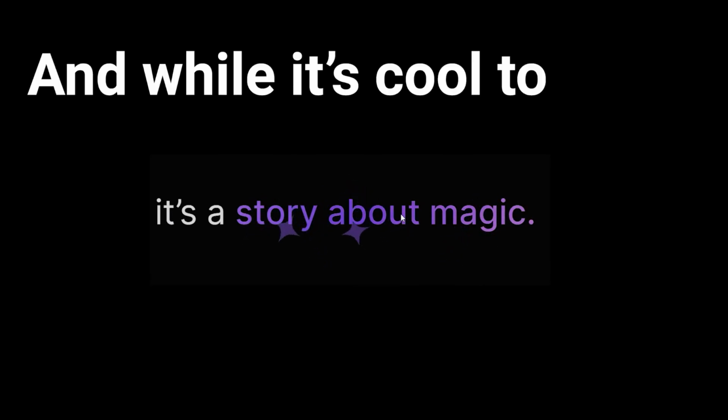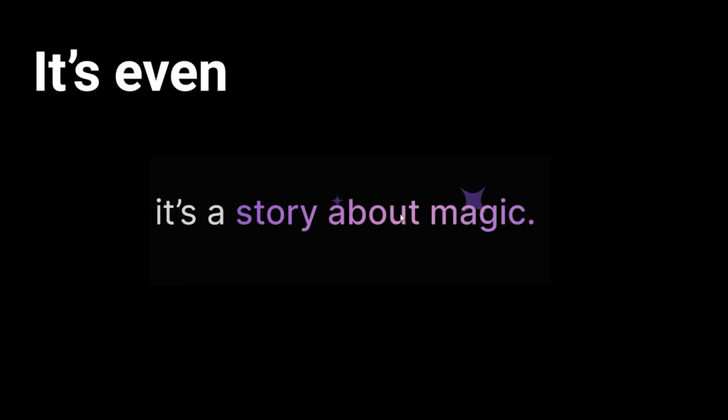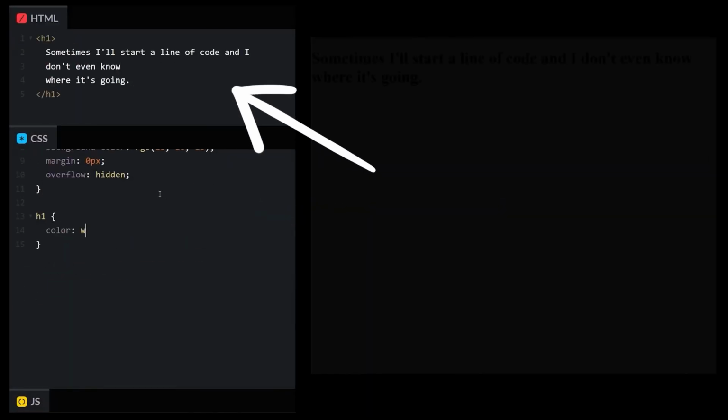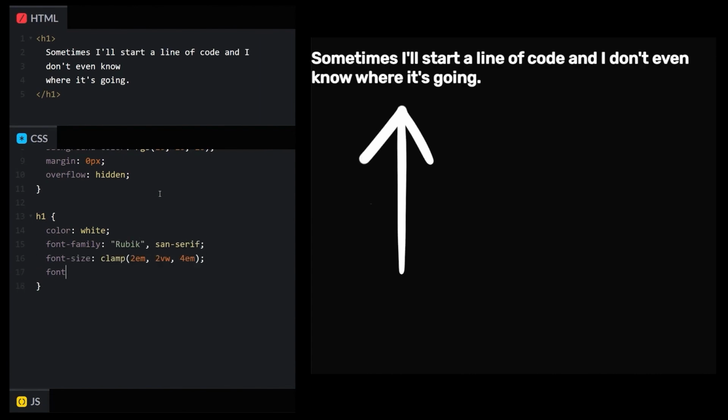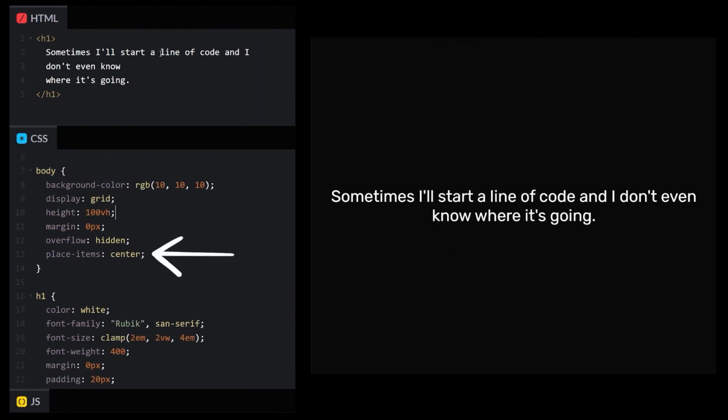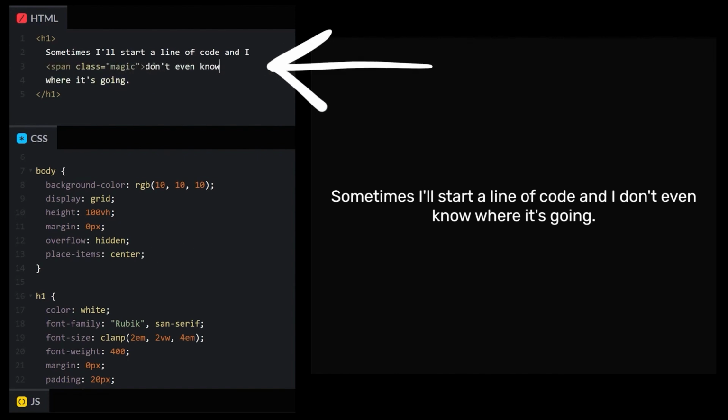This magical text effect is amazing, and while it's cool to know that something exists, it's even cooler if you know how it works. Let's throw a simple H1 tag on the page. We'll add some text and give it some basic styles like a font family, a color, and then center it